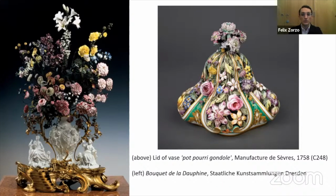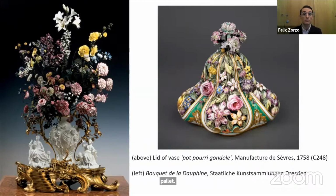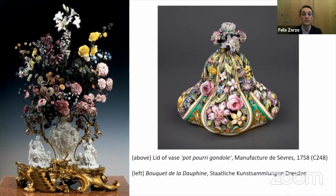To the left of the image, we see the most celebrated object decorated with porcelain flowers that has survived to this day, the Bouquet de la Dauphine, sent by Marie-Joseph de Saxe, Dauphin of France, to her father Augustus III of Saxony in 1749. Maureen Cassidy-Geiger has studied the commission in detail, describing the species reproduced and suggesting their possible